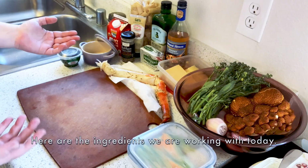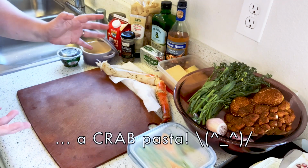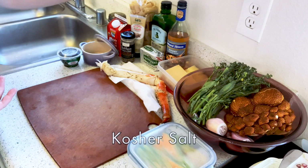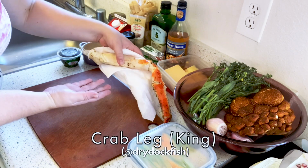And here are the ingredients we're working with today. It's going to be a crab pasta. So I've got rigatoni, salt, olive oil for the water, and then I've got this king crab leg,